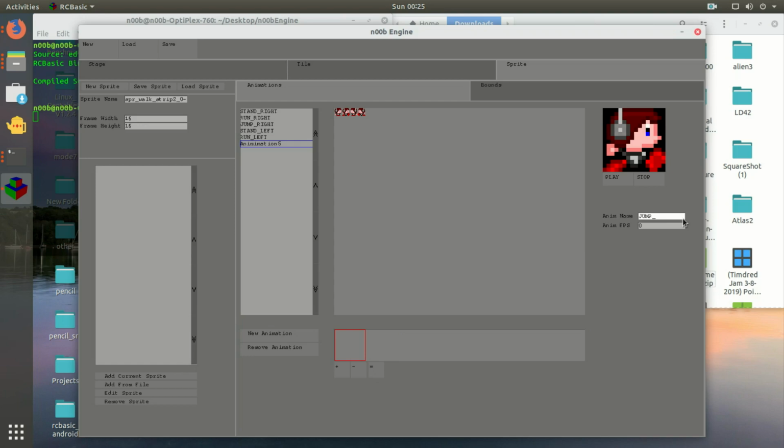And jump left. And we're going to add the jump frame. Alright, and then we can go ahead and add this sprite to the stage. And that's really all we really need to do, but I'm going to go over to this second tab just to